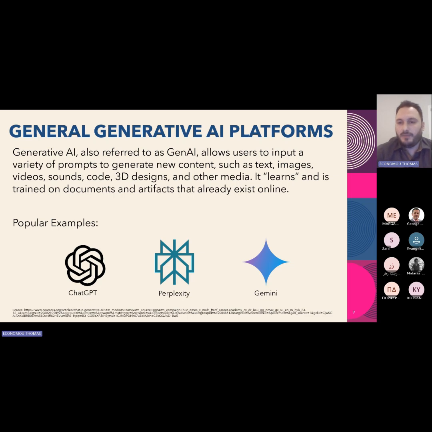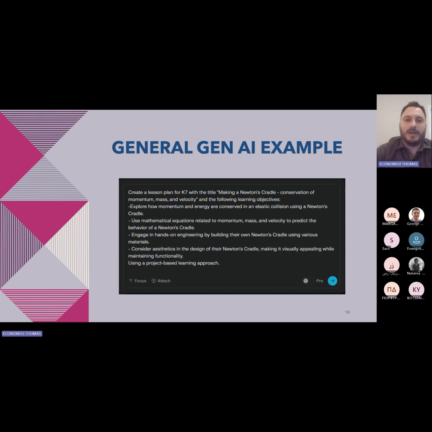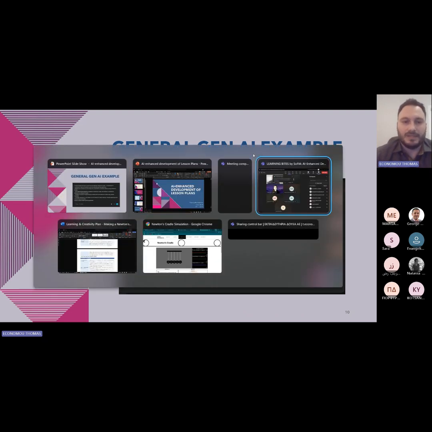These are three of the most popular tools. ChatGPT, Perplexity, Gemini. It's also Microsoft Copilot, but that's what we use in the school, so we wanted here to explore new tools. But it does the same thing. You get the same result back. And what we will be using today as an example, and I will jump to that and we'll come back to this, is